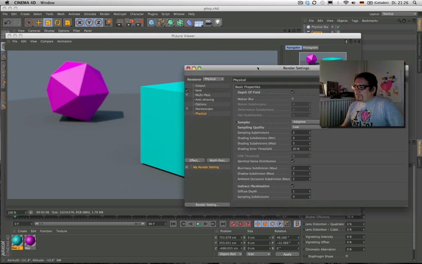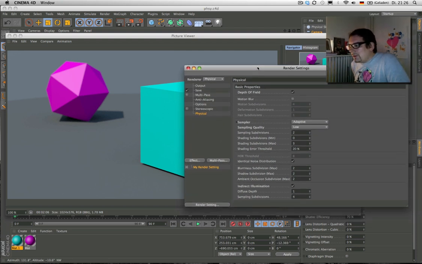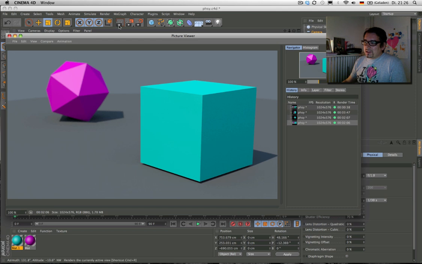And one thing about the physical render engine I didn't tell the first time. It's interesting because this is a so-called progressive mode. So I just switch to progressive, and you can see the sample values and something is grayed out, so I can't change it now. But I'll show you what happens. Just switch, just render this,